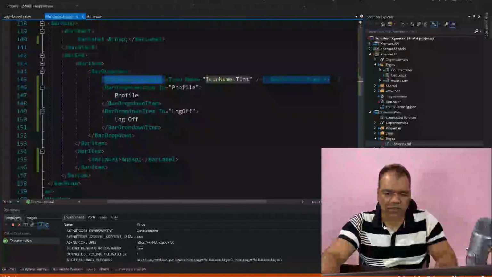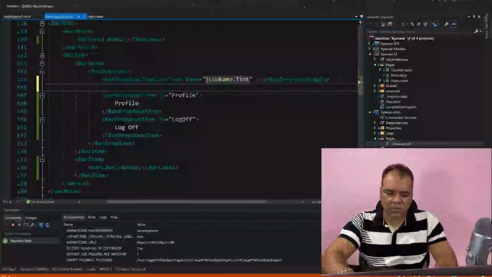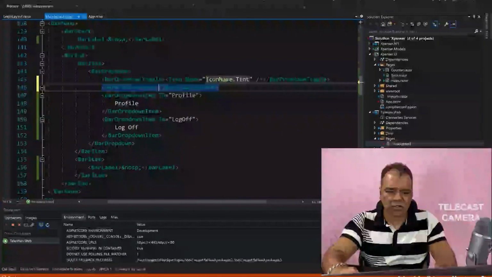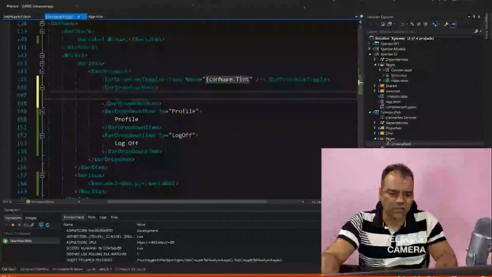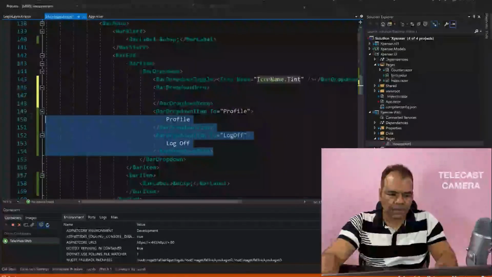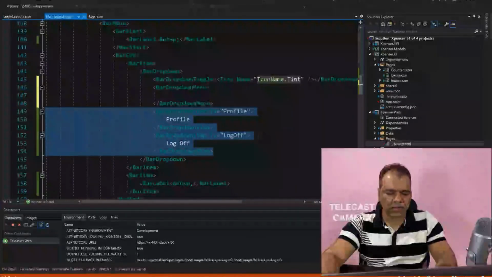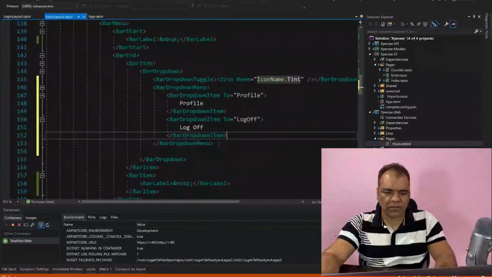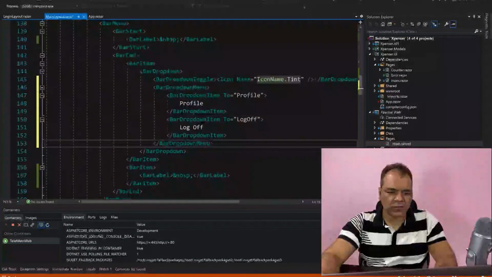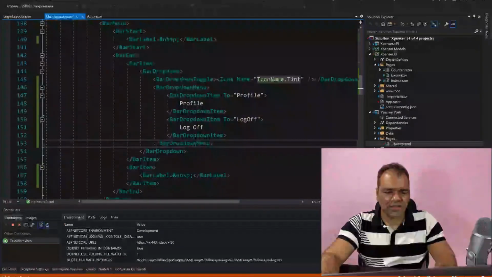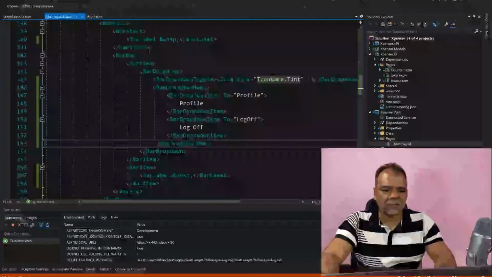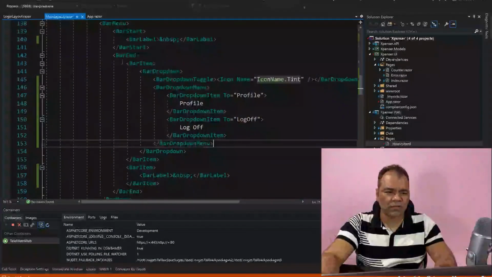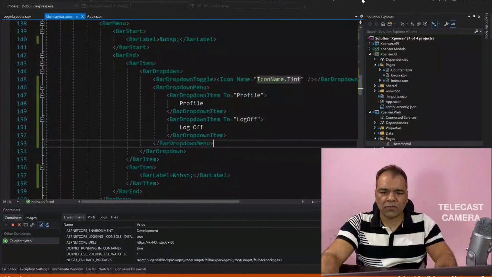I know this is a bit tricky, but once you practice it, you will learn, just like any other framework. This is the best part of Visual Studio. Just like any other good IDE, it does it automatically. So we have bar drop down menu here. We have put in the icon, item, and everything. So now when I rerun it,